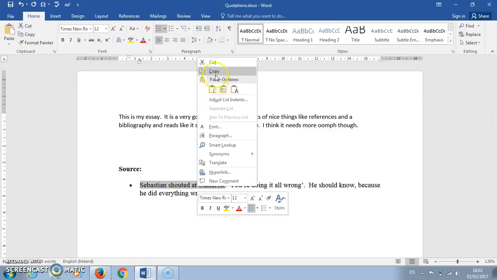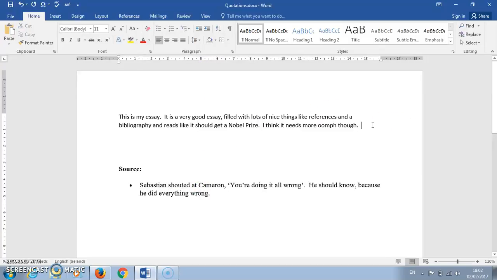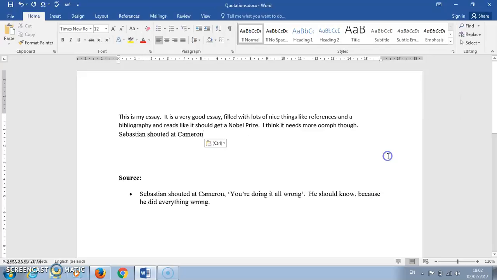So I'm going to copy it from my source and I'm going to paste it here into my essay. And when I paste it in, there it is, the exact words. Now to highlight that the quotation comes from somewhere else, I'm going to put single quotation marks, one before it and one after it. And then I'm going to put in the reference. Name, year, page number. Full stop. And that's how I quote from a text.